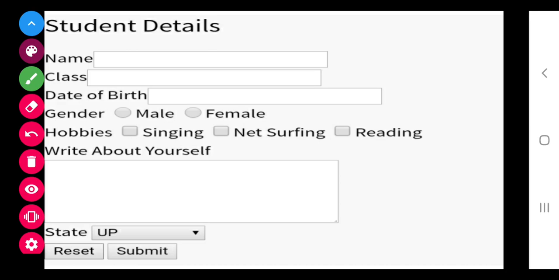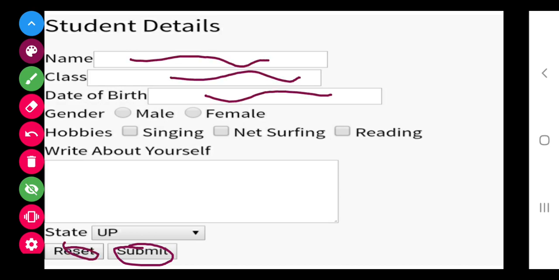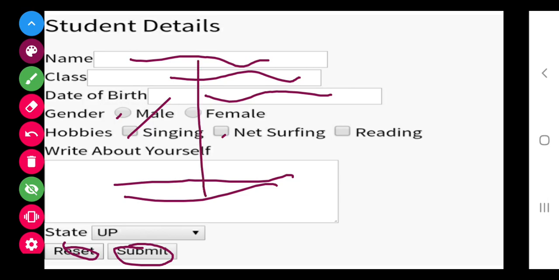But for this we need to learn JavaScript also, which is not in your syllabus. So this submit button we have just made, it is of no use. But the reset button has a use, as I have shown you. Whatever you write, you click here, you write here, and you click this reset button, then it will become blank again.